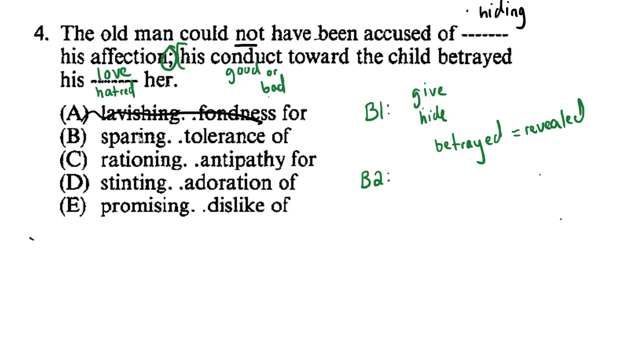Sparing looks pretty good, if you spare something. Rationing looks pretty good. Stinting looks pretty good. And promising does not look pretty good. So we have three choices here, B, C, and D. So he could not be accused of sparing his affection because he's showing her affection, good conduct. He could not be accused of rationing his affection because rationing means to withhold it a little bit, and he is showing it. And then stinting is the same. So now the question is,